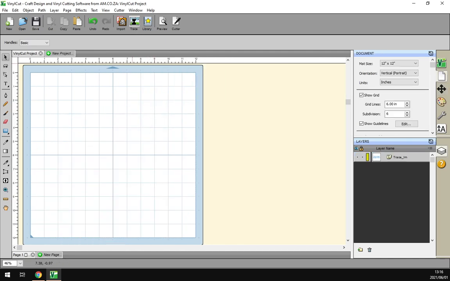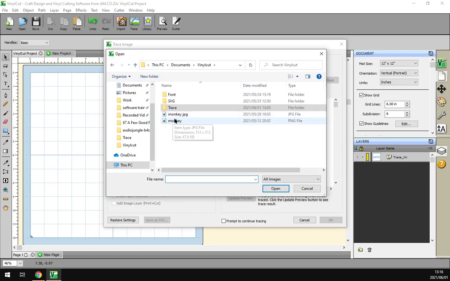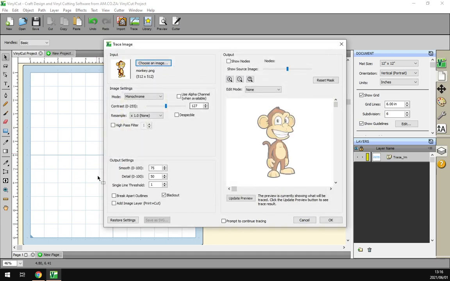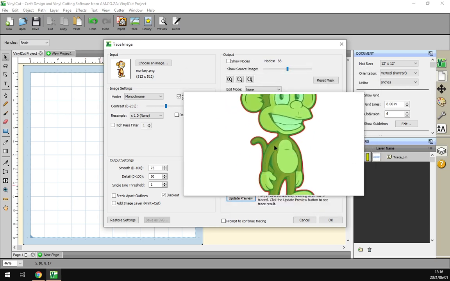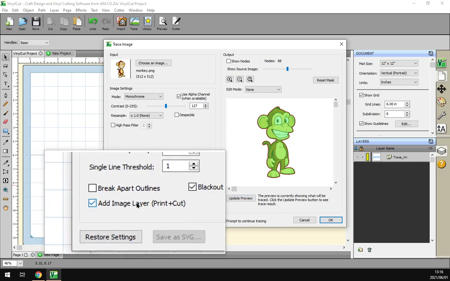Then the last option we have here is add image layer, print cut. So what this will do is if we, without adding that, say OK, then it will just make a, let's put alpha on so we can see, a cut line of the outside. It will just make a cut with a basic shape. So if you're cutting out a vinyl, just a single color, that's fine. But if you want to print this and cut it, then make sure this option is selected, add image layer,